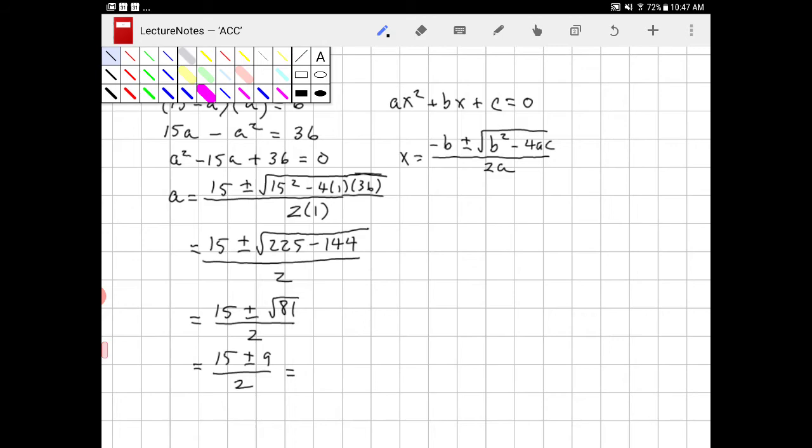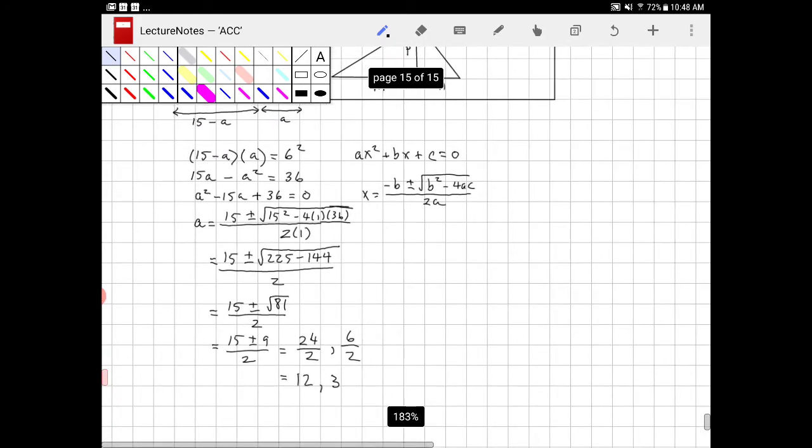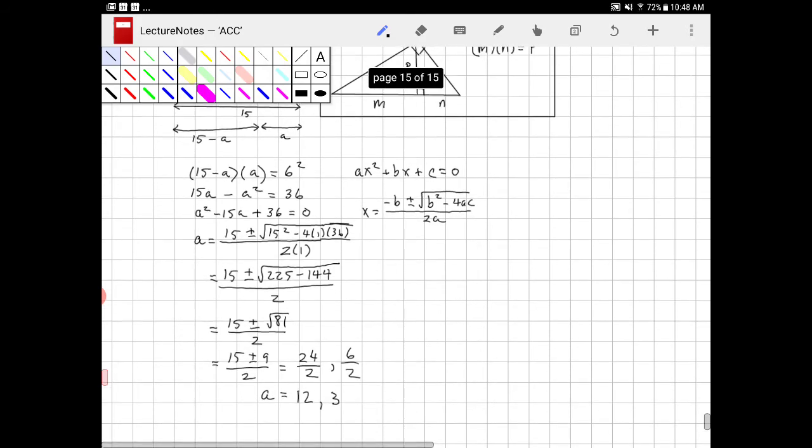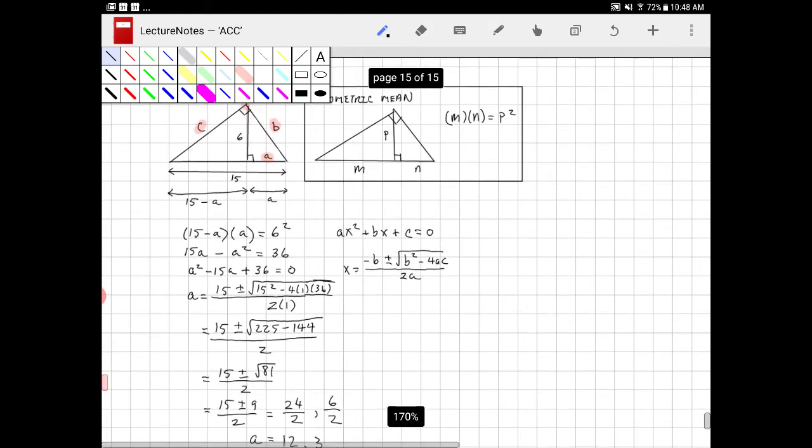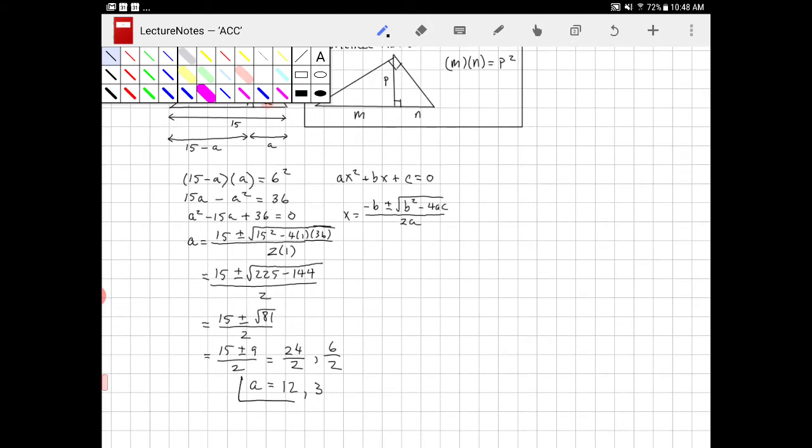OMG. So this turns out to be 24 over 2, or 15 minus 9, that is 6 over 2. So the two roots are 12 and 3. Okay? So A happens to equal 12 or 3. Now, why do we end up with two different answers here? Well, that's because